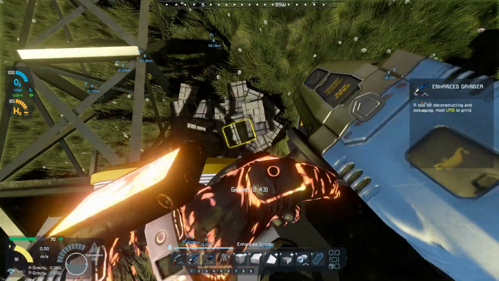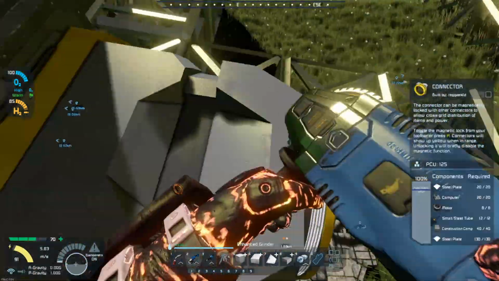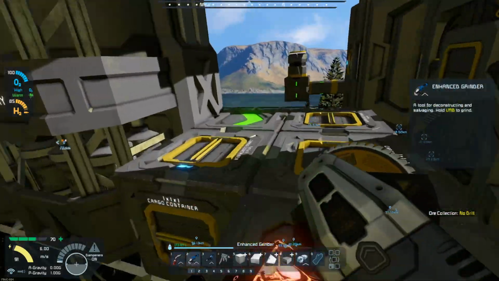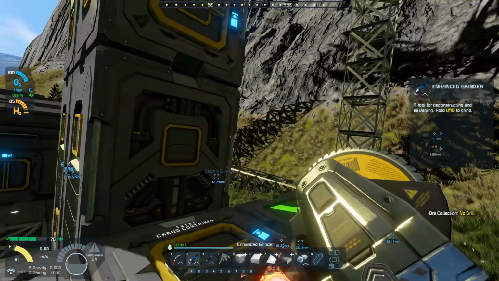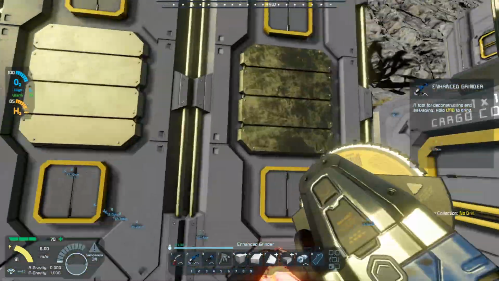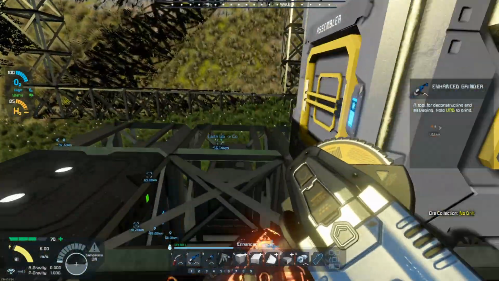And then I have this ejector over here that's just ejecting out the gravel that I don't need. I don't want it clogging up my storage space, so I just decided to chuck it on the ground. Then I have 4 assemblers right here,